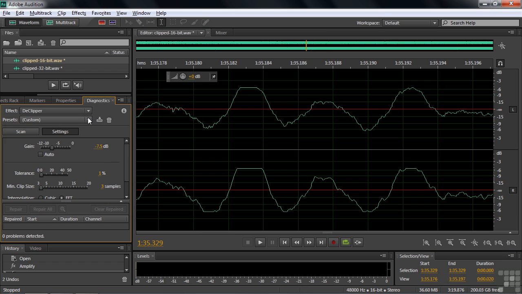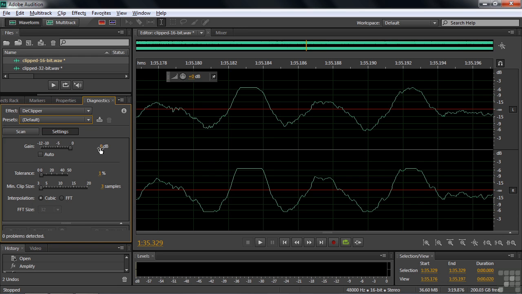We can choose a default, one of these presets, but there's no reason to select a preset because these settings are relatively simple and straightforward. So let me just go down here a little bit. Your goal here is to set the best settings to do the best job. There was a time, I suppose, when you tried to have some kind of mid-range because the processors would take too long to make the repairs, but with processors being in pretty good shape these days, just go for the best